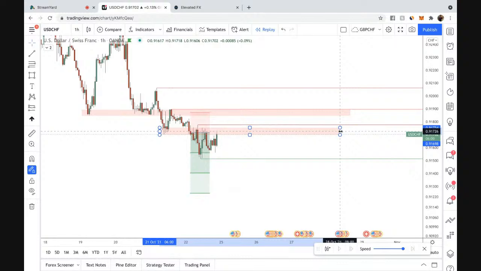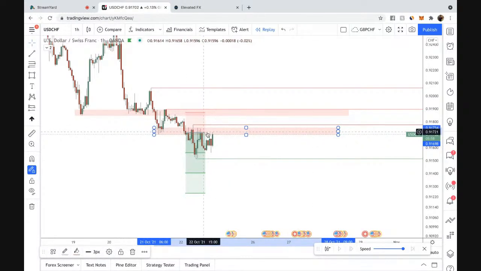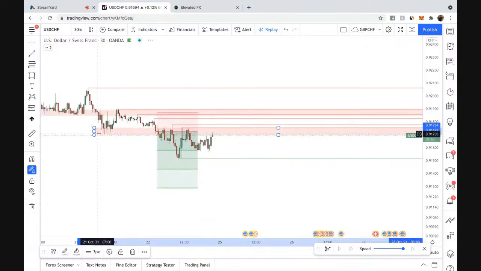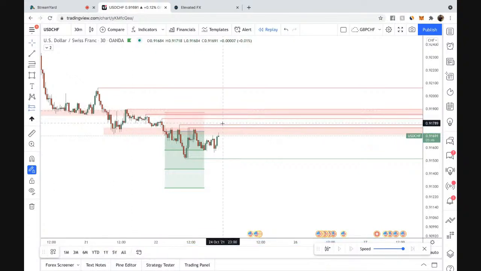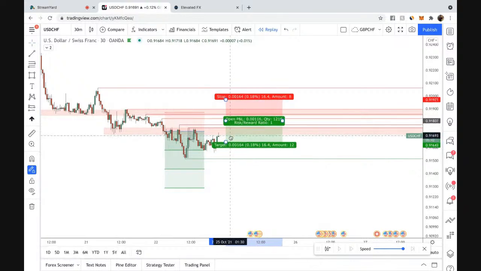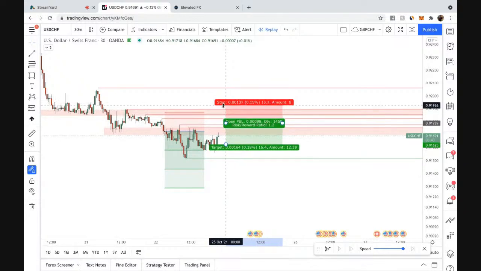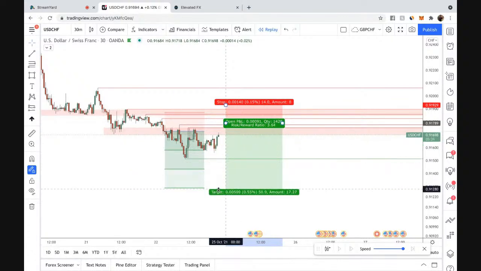I do like it. I know that the time right now it might be getting ready, but best believe what I'm looking for on this U-Swiss is, you see these structures? All of this is where people are placing their stops, right? So if we could swipe that, right? Definitely leverage some of this as the market pulls back, but our stop loss should not be anywhere near this, just slightly above. We're going to reference the target areas that we got, right?